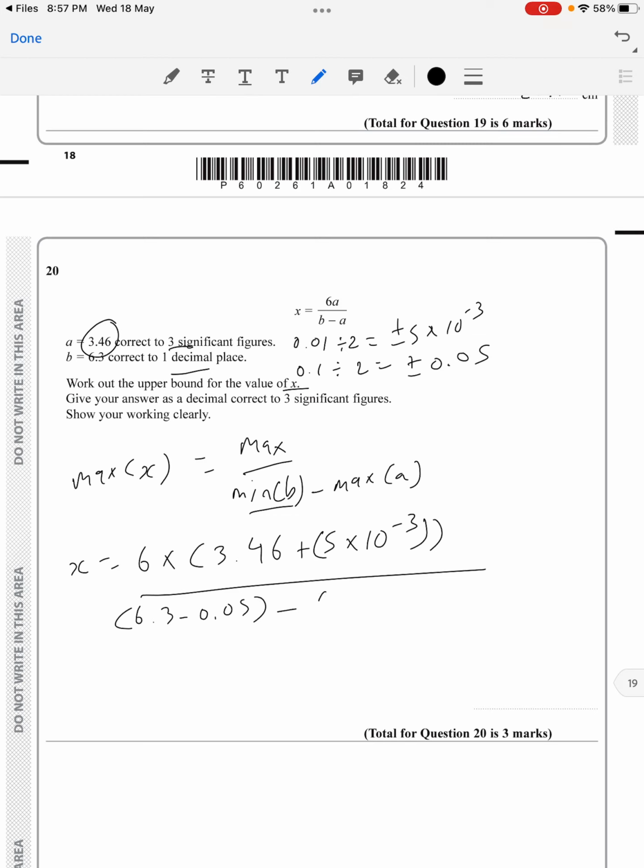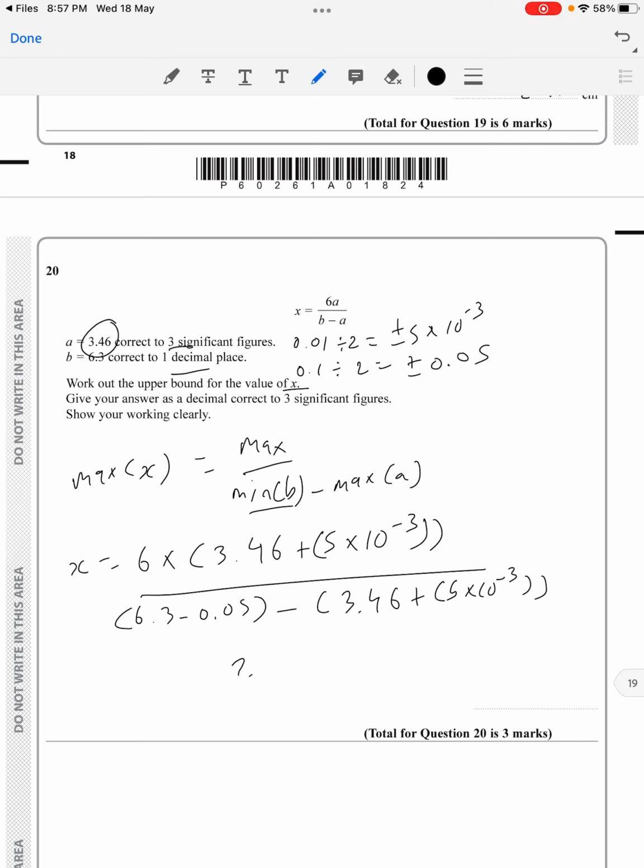6.3 minus 0.05 minus the maximum of A, that's 3.46 plus 5 times 10 raised to the power minus 3. So now if I'm putting this in a calculation, 3.46 plus brackets 5 times 10 raised to the power minus 3. I'm just putting all this in equation form so that you can understand how this logic works. It is a basic idea of how upper bounds should be calculated when dealing with max division. So you have 3.46 plus 5 times 10 raised to the power minus 3